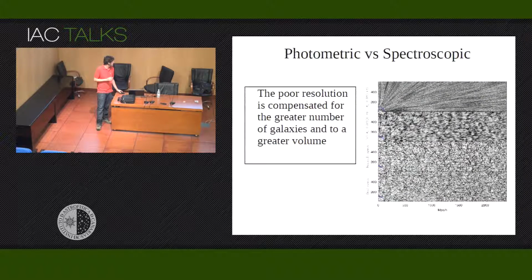This panel represents the uncertainty in a survey like PAU or J-PAS, and on top is the uncertainty in the redshift given in Dark Energy Survey. As you see, the information in the line of sight in photometric surveys is much poorer than in the spectroscopic counterpart. But nonetheless, it's compensated by the greater number of galaxies and the greater volume that we sample in photometric